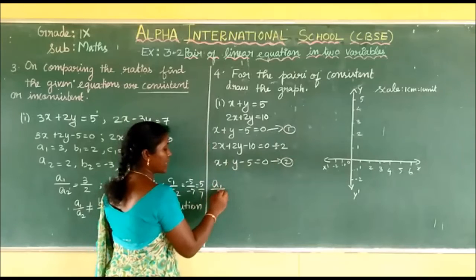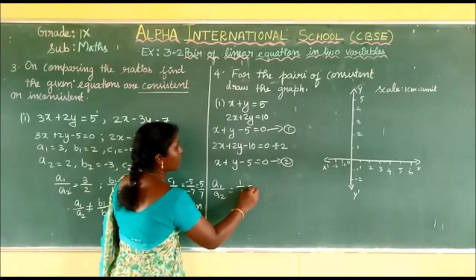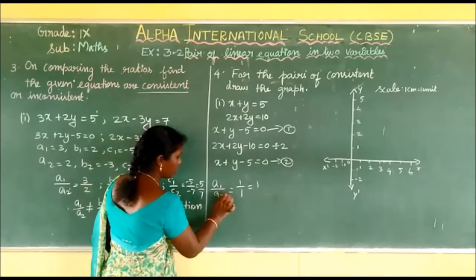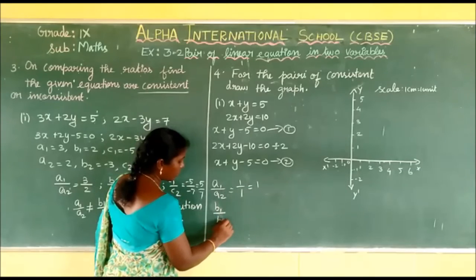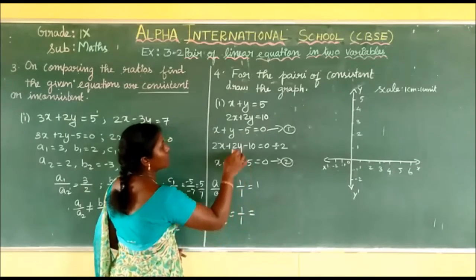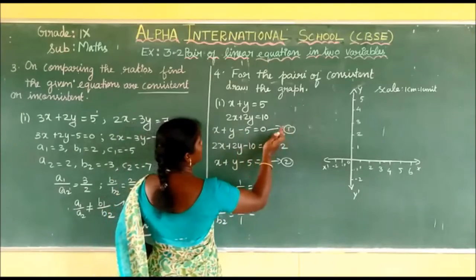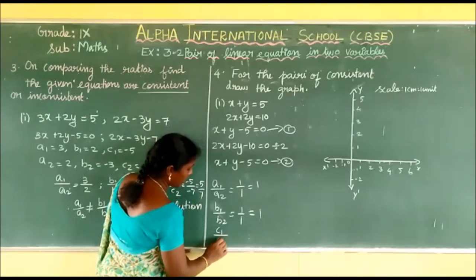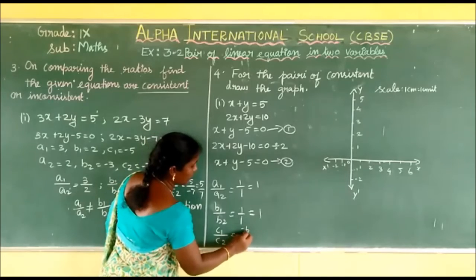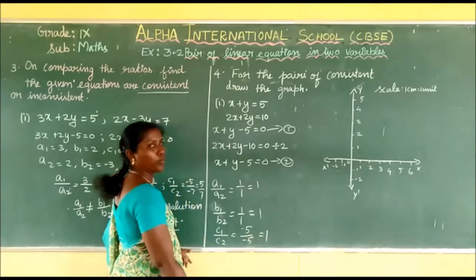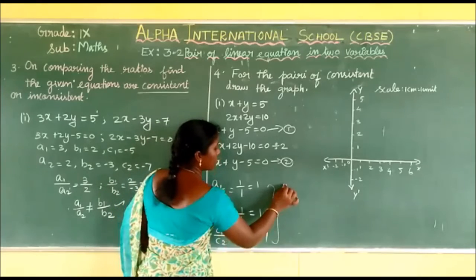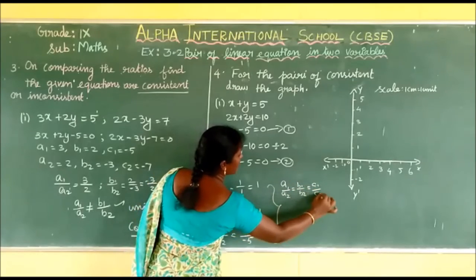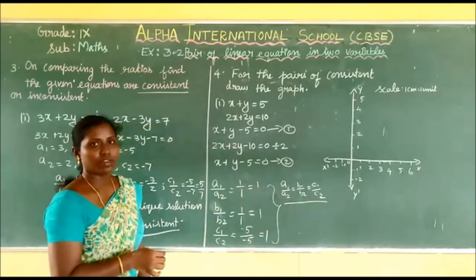Also, if you compare the coefficients, A1 by A2 is 1 by 1, which is equal to 1. Likewise B1 by B2 is again 1 by 1, which is equal to 1, for the first and second equations. Likewise C1 by C2 is minus 5 by minus 5, which is equal to 1. So we have the conclusion A1 by A2 is equal to B1 by B2, which is equal to C1 by C2. So what can we say about the solution? The lines will be